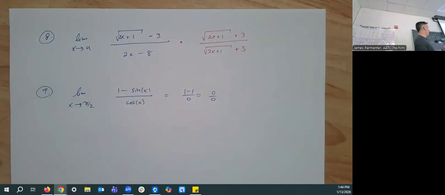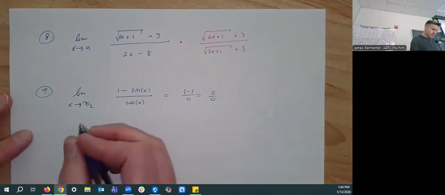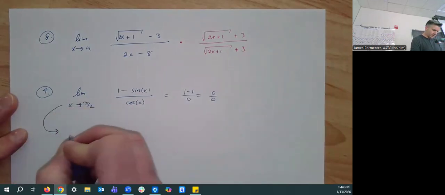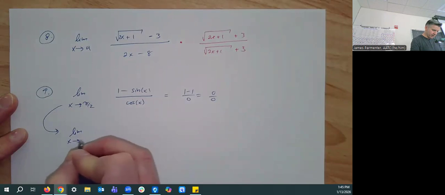And I'll say the following. When you see a 1 minus sine of x, or a 1 plus sine of x, or a 1 minus cosine of x, or a 1 plus cosine of x, multiplying by its conjugate is something that's worth trying. Why? Let's see. So if we rewrite this and say it's the limit as x approaches pi over 2,